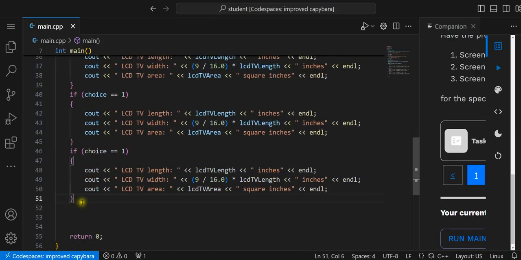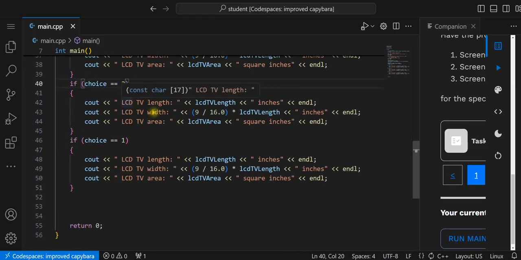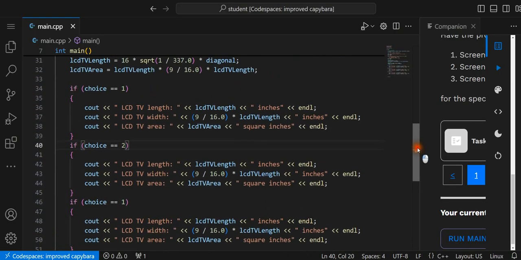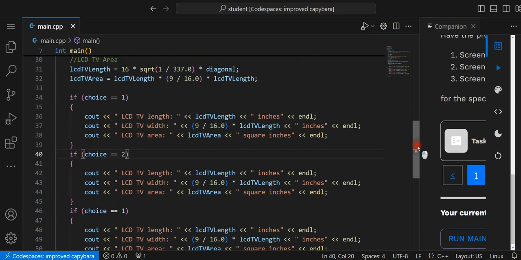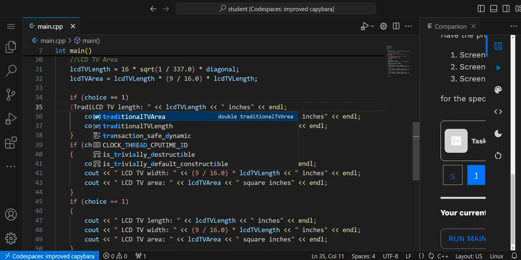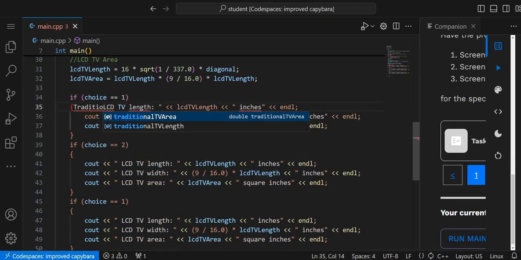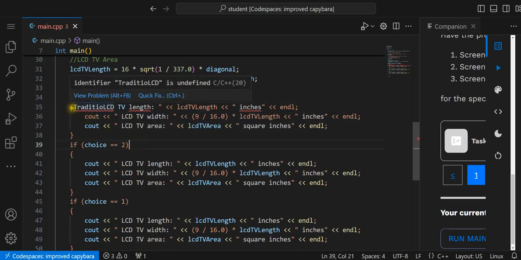Just bear with me. This is going to be choice 2. Choice 1 is going to be traditional. We're going to change this to traditional. What have I done? Okay. Where's